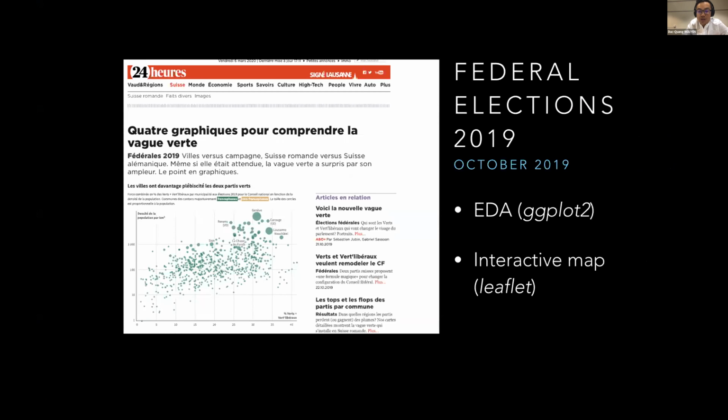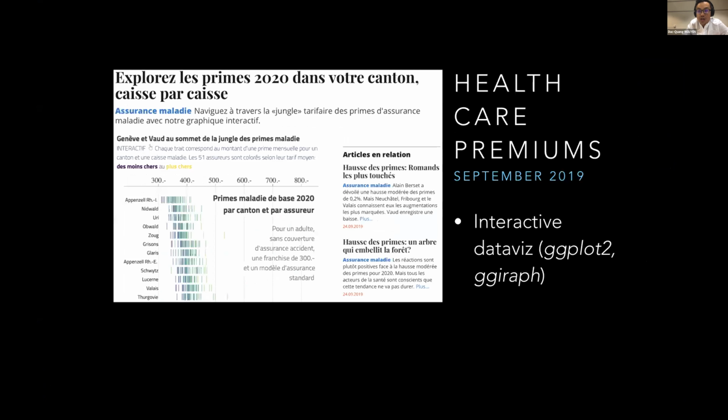Let's go back to more examples. Another very quick example is healthcare premiums. Every year, as you know, we have an increase in healthcare premiums, and I got the data at the end of the morning for all the healthcare premiums for the next year. I think there were over 250,000 different prices depending on the canton and the premiums. And here I did more of an exploratory data visualization. Usually I don't do that, but you have to do something very quickly in one day.